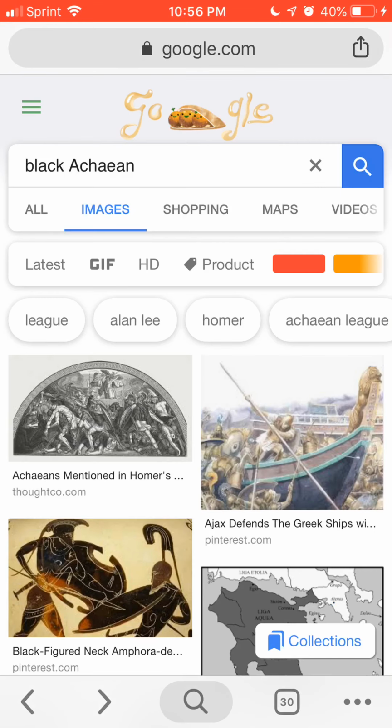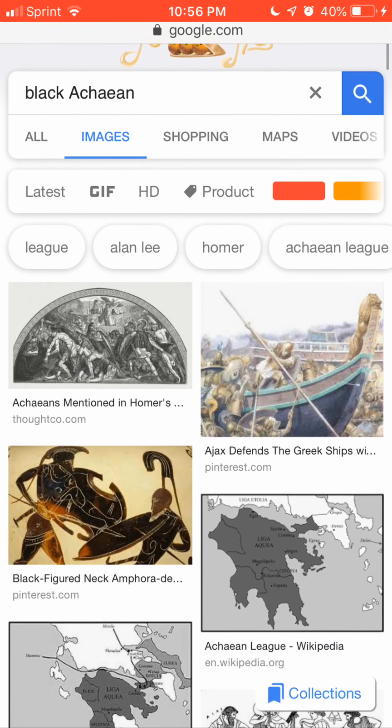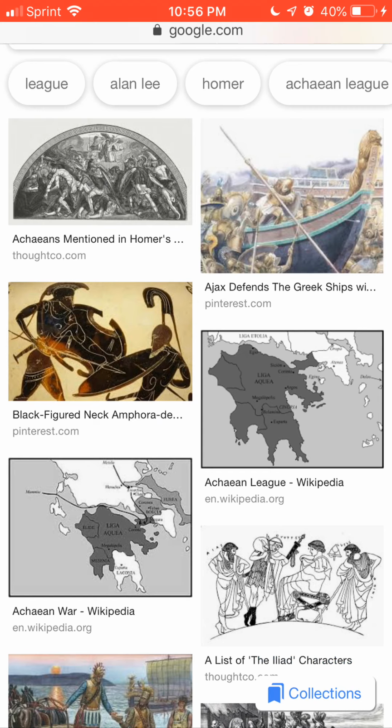Key in on Google, and what comes up is something. You see Kea right here, on the bottom, in the middle of the screen on the right side. That's a colony, that's an island. Okay, that's in the Aegean, and that's a Greek island or colony, going back to the fact that Timothy's father was a Greek from one of the Greek islands. So when you look up Achaean, you see right there an island or colony of Greece.